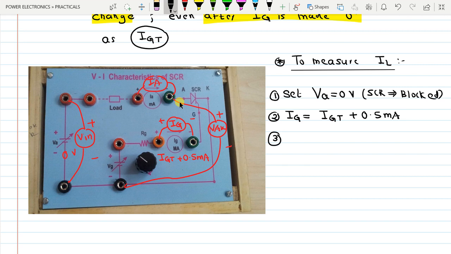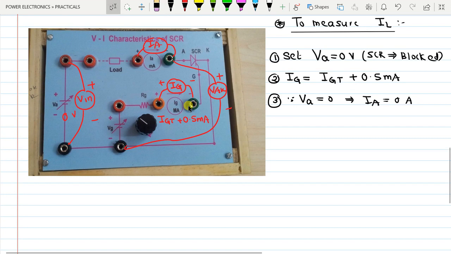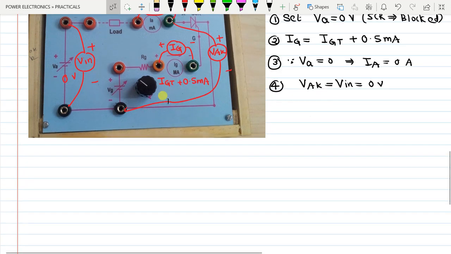Third is that since VA equal to 0, IA is also equal to 0 amperes. Okay, so now fourth, what we note is that VAK is also equal to V in equal to 0 volts because SCR is blocked. Fifth, you will increase the value of VA